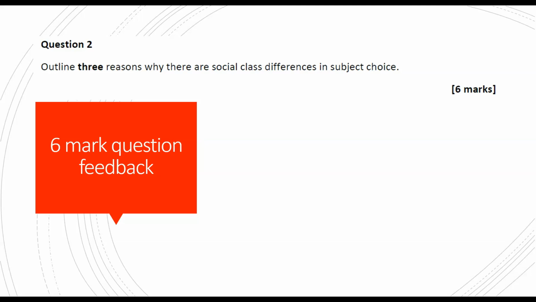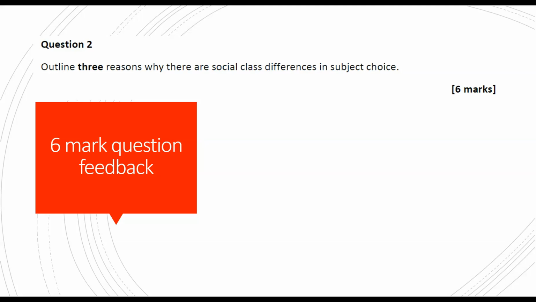What you had to do for this question, and it's a real question, it came up 2 years ago, was think about the knowledge you have about gender differences in subject choice and apply it to social class differences. So what kind of subjects do middle class students pick compared to working class students at GCSE or perhaps in post-16 courses? Research shows that middle class students are more likely to pick A levels, more likely to go to university, whereas working class students might be more likely to choose practical subjects, BTEC qualifications or apprenticeships. So why might this be?